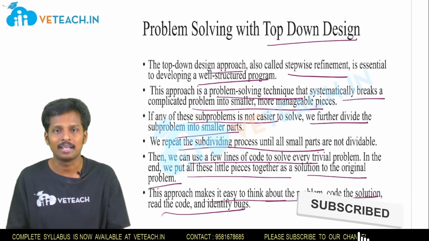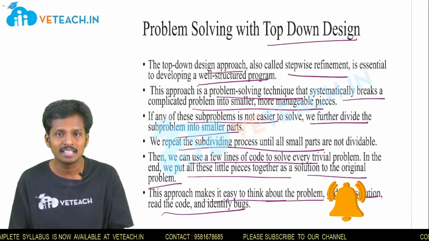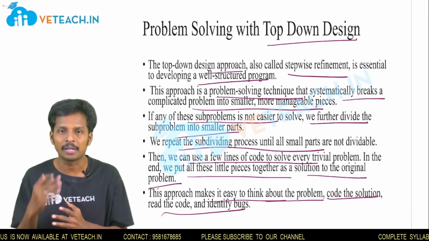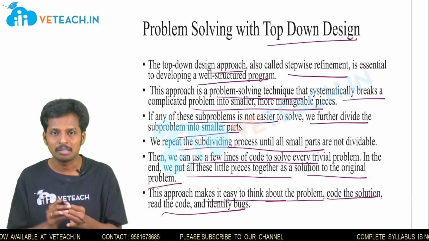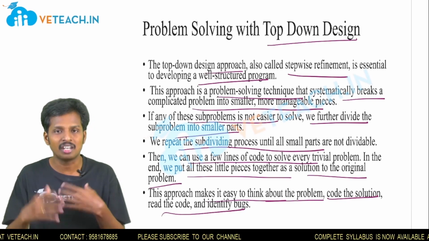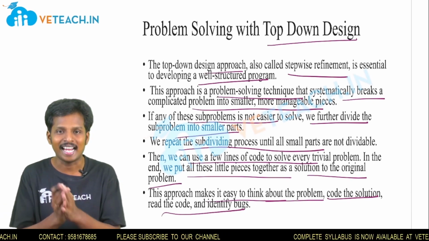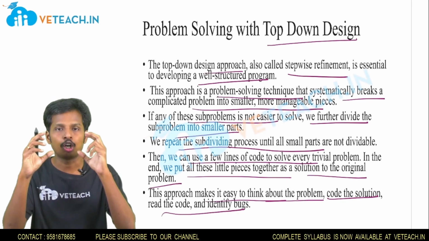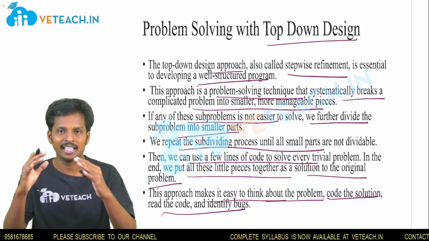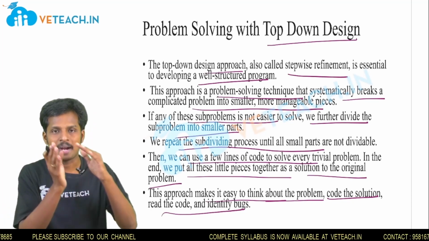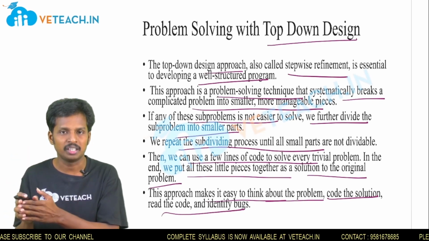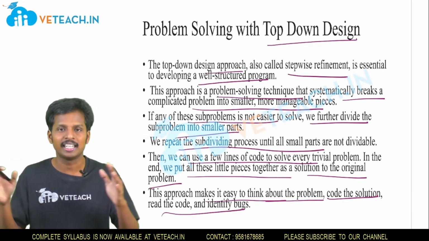I'll show a small example. If a task was given to you to design a calculator program, a calculator program contains different operations like addition, subtraction, multiplication, division, modular division, float division, and power. So all these seven functions will be collectively called a calculator. This calculator is the top problem that we have. Now we subdivide it into parts: the first part as addition, second part as subtraction, third part as multiplication, fourth part as division. Like that we divide into modules.